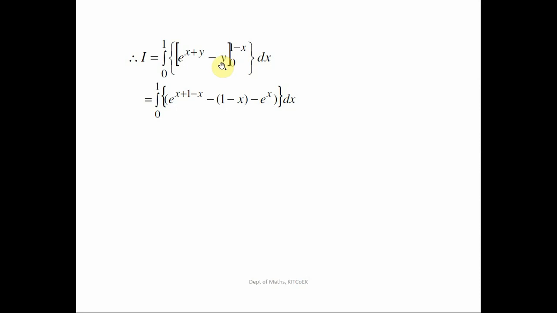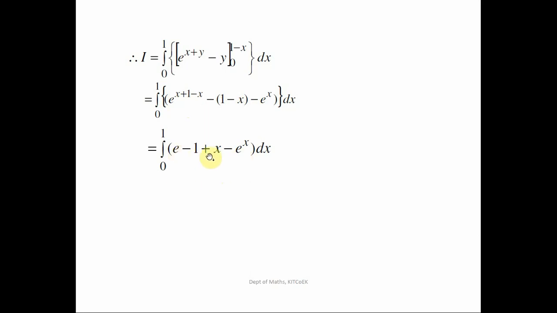So after evaluating that inner integral, now this is the problem of our regular definite integral in one variable. As we have to evaluate this integral with respect to x, we can proceed now, or before that just simplify it. We will see here this x minus x gets cancelled, so this term will become simply e minus 1 plus x minus e raised to x. So this is our next step, e minus 1 plus x minus e raised to x, and integrate each term now with respect to x.